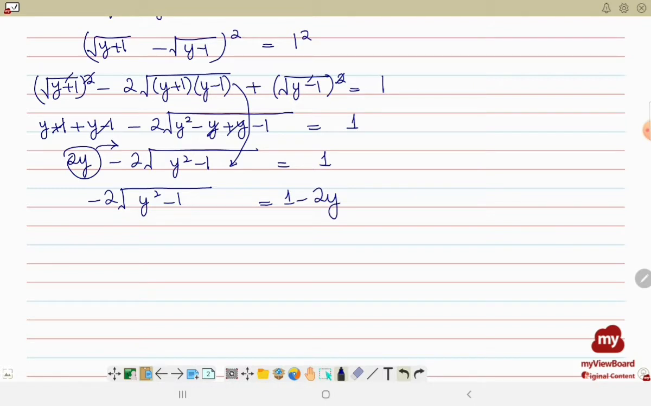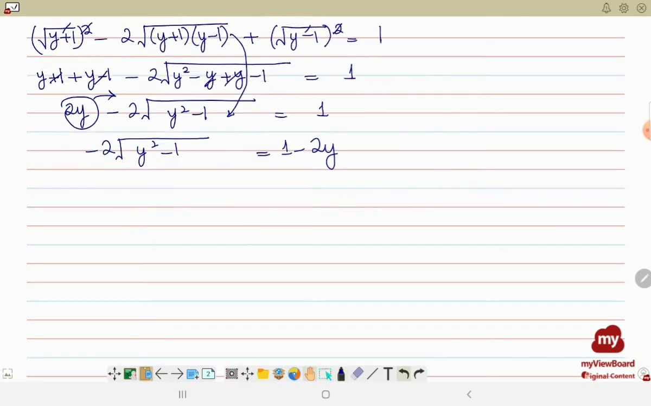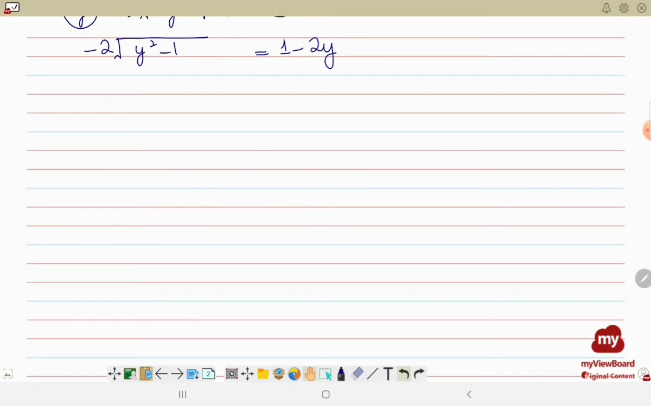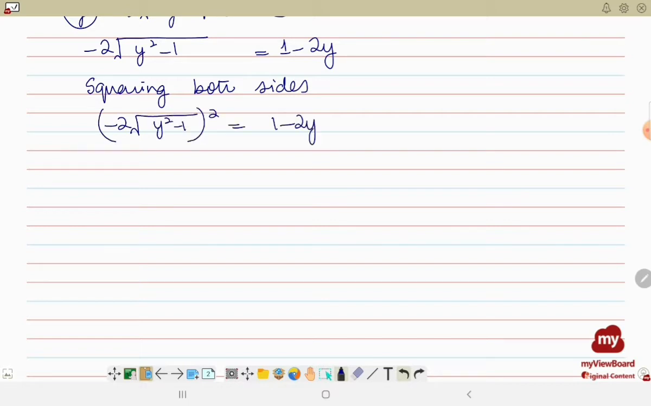Okay, now our type 3 is converted into type 1, where we have just one radical sign. So we are going to remove this radical sign by squaring both sides of the equation. So minus 2 square root of y square minus 1 whole square, and 1 minus 2y whole square. Since the square is on a minus sign, it will become plus. Square is on 2, it will become 4, and here we have this. And on the right hand side, this is again the second algebraic identity. We are going to open it,